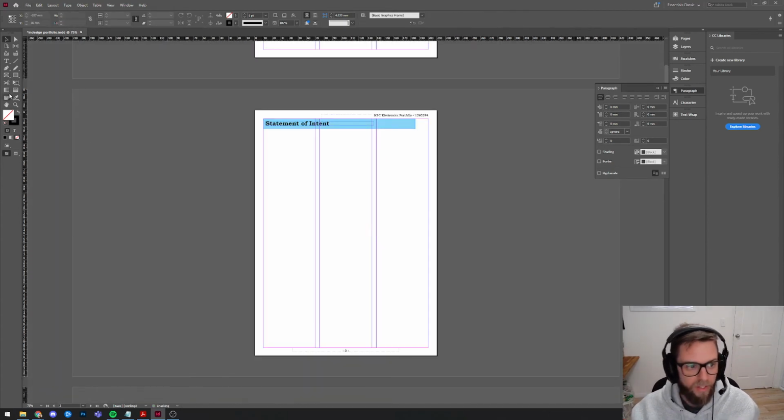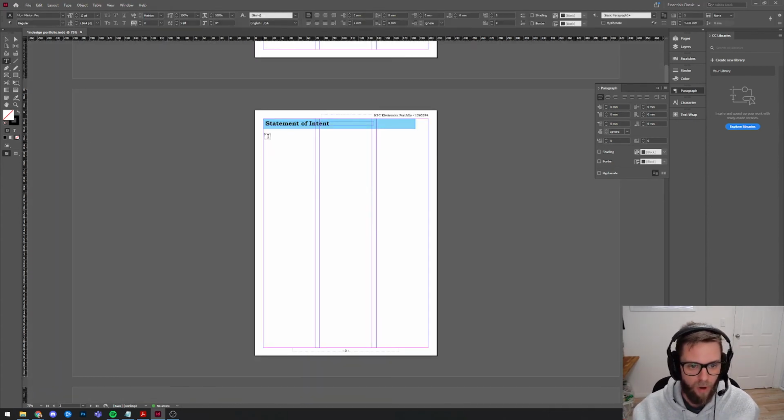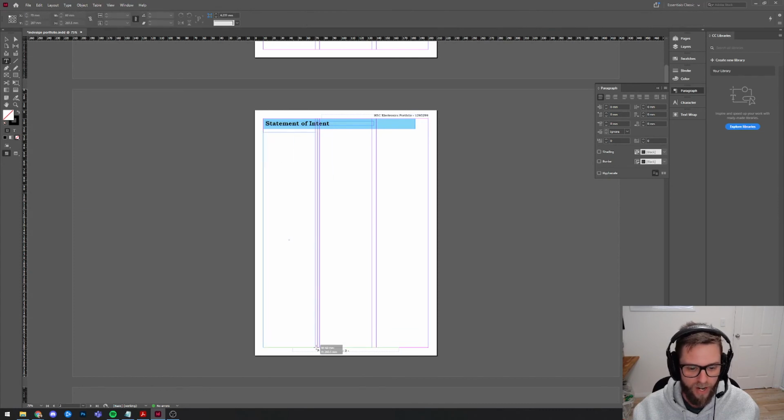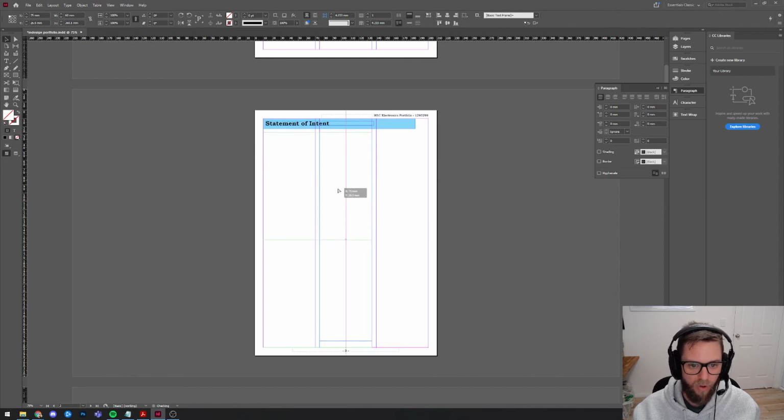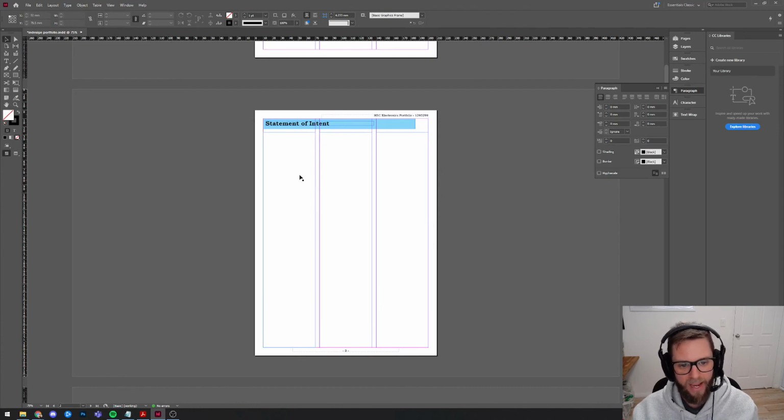The other thing you could do to make it faster to populate stuff later, because it's obviously great in Word that you can just click on a page and start typing, is fill all of these columns with blank text boxes, link them together by clicking on that little square and linking it to the next box, and now that page is ready to go. And even if you need to insert a picture later or something else there,